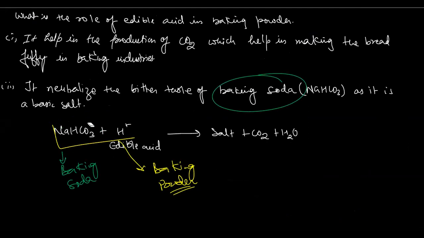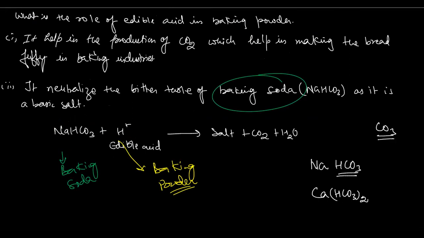So which one is the metal hydrogen carbonate? Metal hydrogen carbonate is actually, metal is sodium and hydrogen carbonate is HCO3 group. For example, this is calcium hydrogen carbonate, this is the formula for the calcium hydrogen carbonate. So actually HCO3 and the valency of HCO3, like we have the CO3, this is the carbonate group, and this is the hydrogen carbonate group. So this has the valency 2 and hydrogen carbonate has the valency 1. So when we are going to make the formula of sodium hydrogen carbonate, both are going to have 1 valency. So in that case they will become NaHCO3.